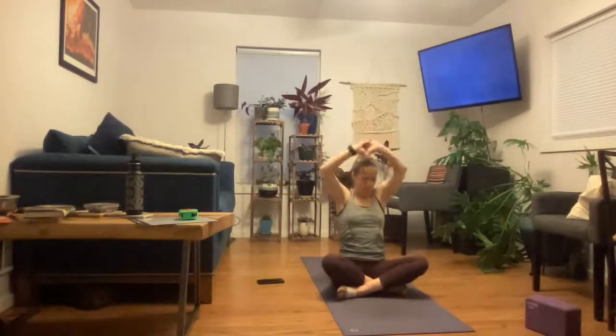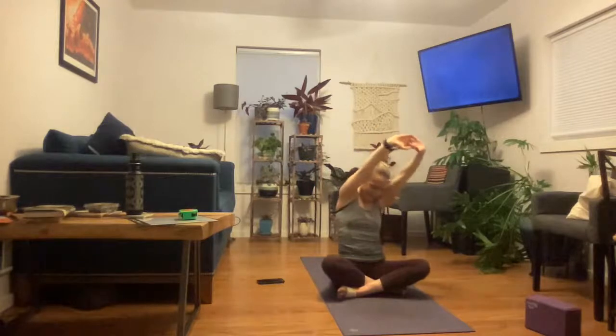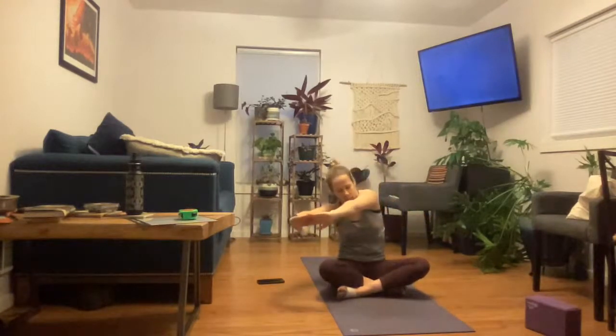Inhale, bring it on up. Exhale, interlace your fingers, press the palms to the sky, shoulders come away from the ears, and feel free to move a little bit side to side, and eventually bring the palms down in front of the face, pushing and pulling through the hands here, opening up the upper back, releasing the hands down, soles of feet come together,